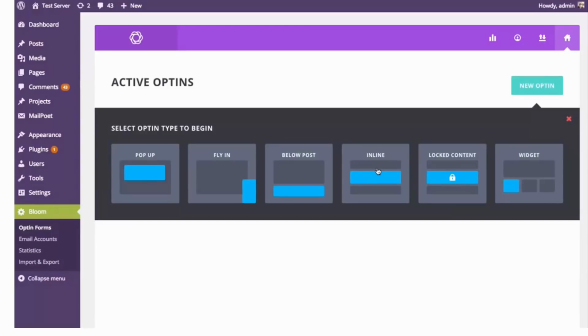Inline will generate a shortcode that you can use to place your opt-in box anywhere on your website just by copying and pasting that shortcode into the WordPress post editor. There's also locked content, which, just like the inline, creates a shortcode, and you can use this within your posts and pages to lock specific parts of the page and require users to subscribe before they get access to